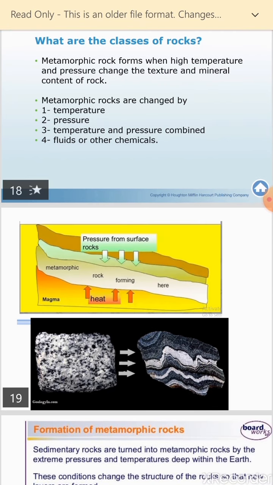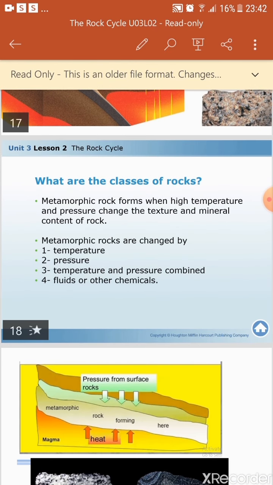Let's look at this. This is an igneous rock to the left. Because it was buried deep under the ground, over the years, the pressure and the heat caused this rock to be in this shape to the right. This is metamorphic rock. So we can say that the causes are temperature, pressure, temperature and pressure together, or